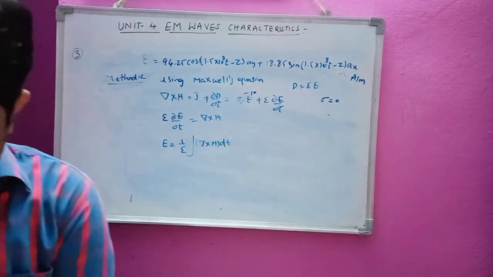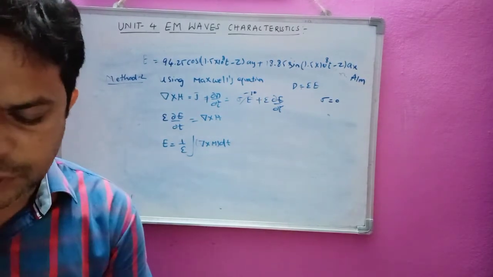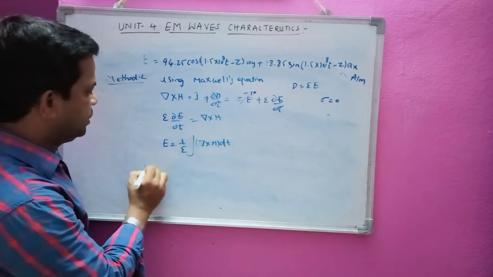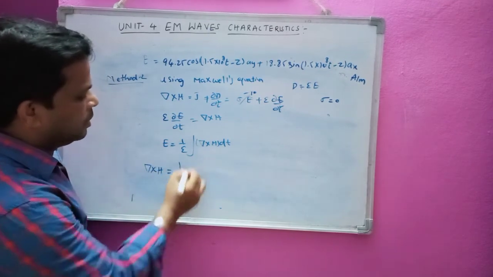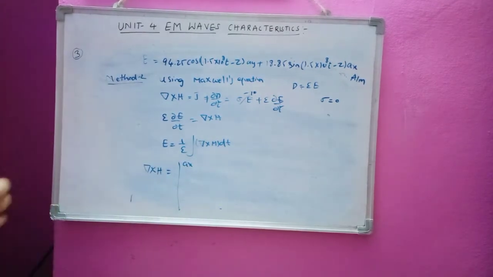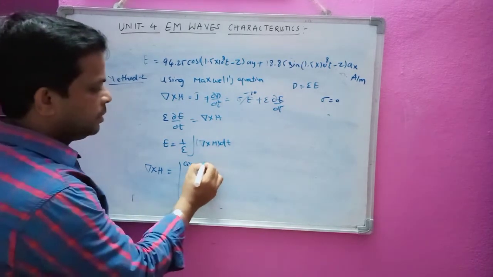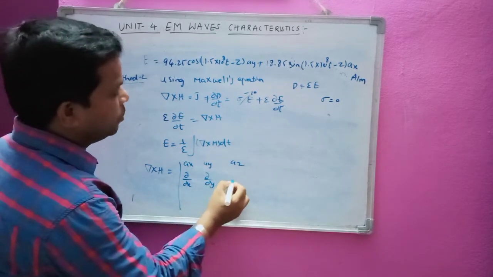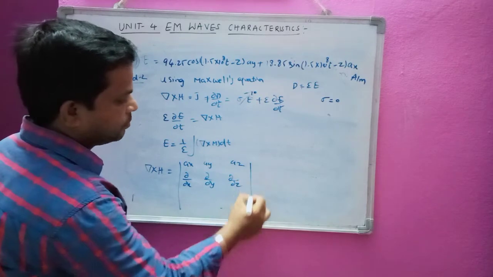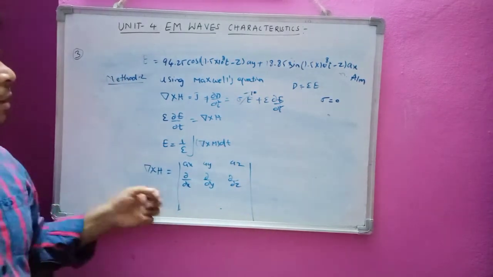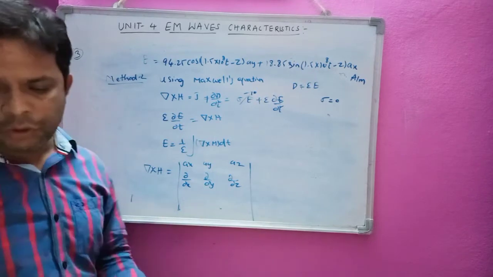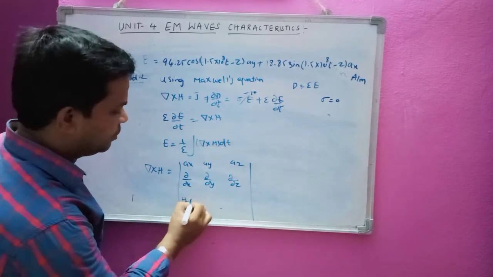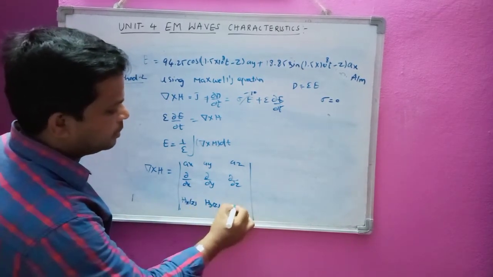Now first I am going to calculate the value of this del cross H. Why? Because we have to substitute this in order to calculate this E here. Now let us see what happens. Del cross H determinant here: ax, ay and az, dou by dou x, dou by dou y and dou by dou z. Now he has given some values of H. He has given two components, Hx of z and Hy of z, and the z component is 0.